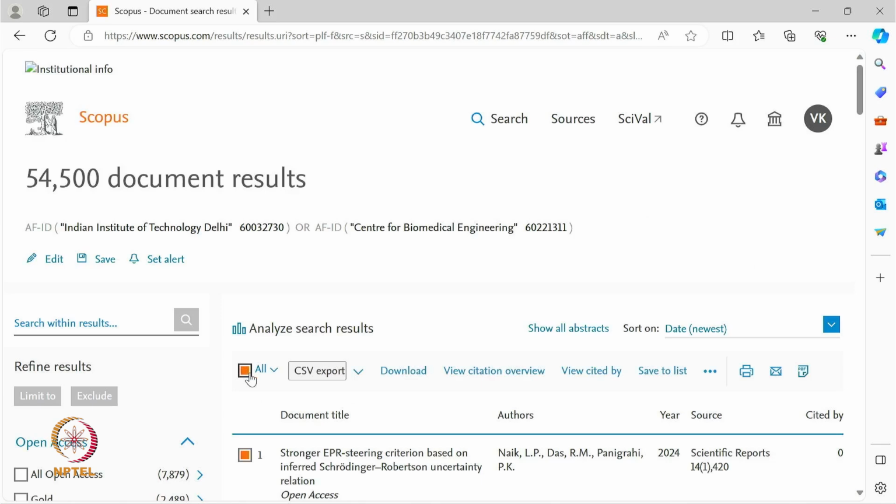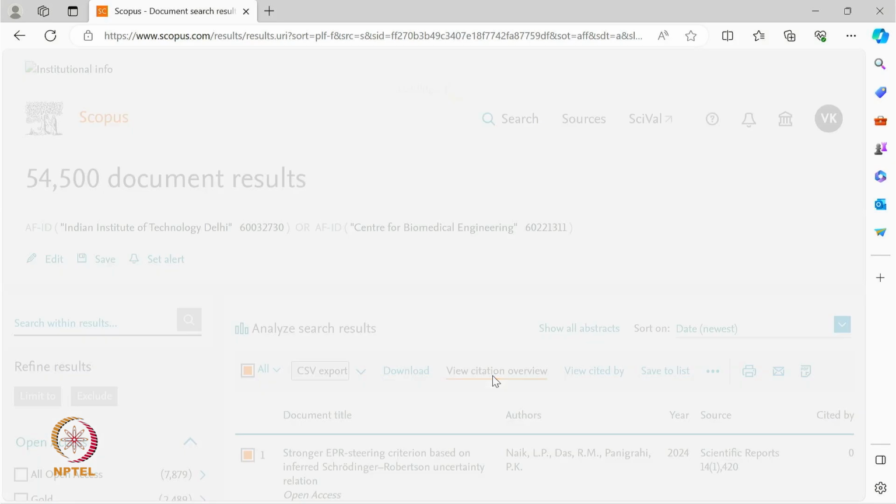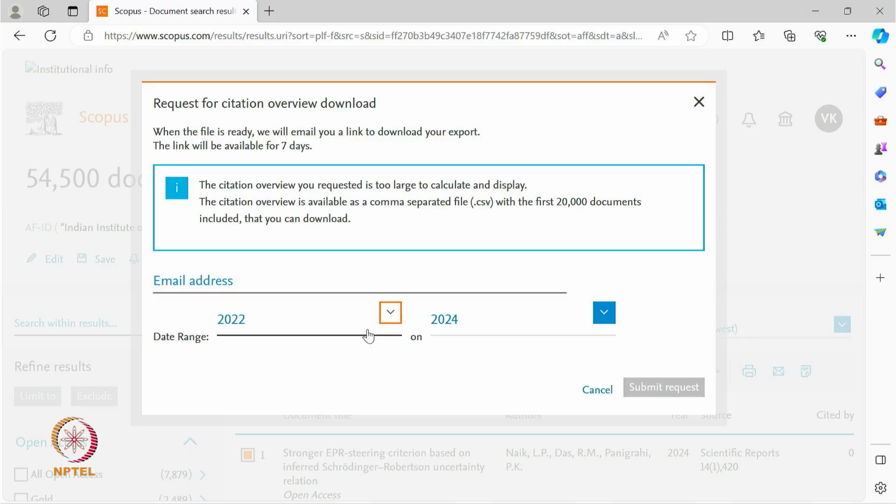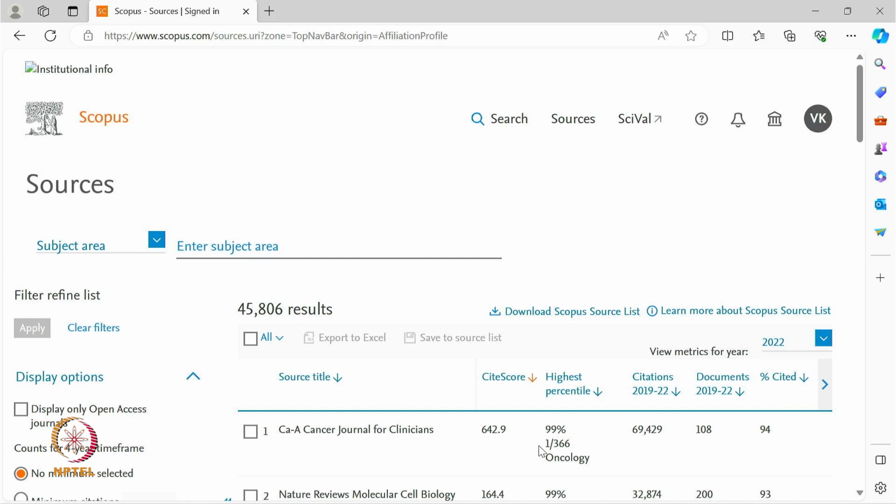If you select, you will view the citation overview, and through this citation overview, this will let you know the H index of IIT Delhi, although the results are more than 20,000. If you want to select the documents in one go, then you have to write your email. But for more than 20,000 documents, they will mail you. See, you have almost